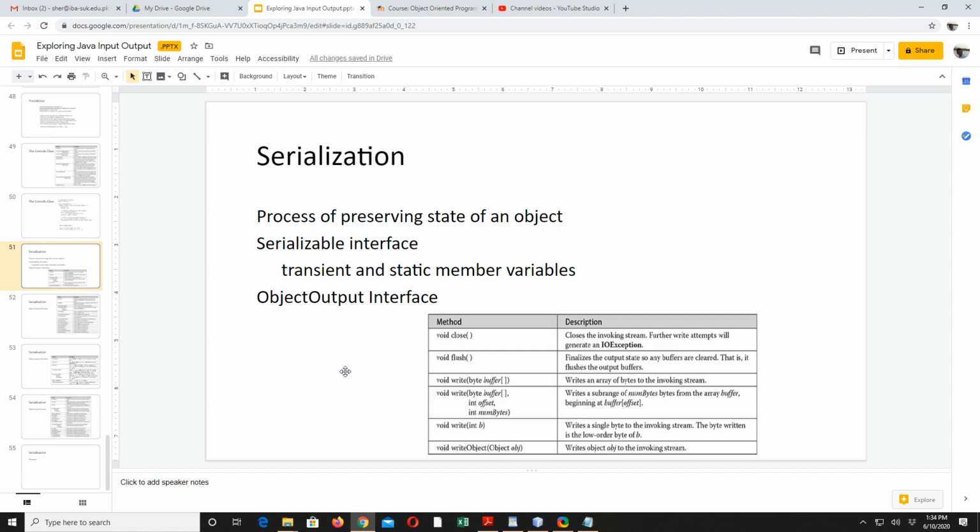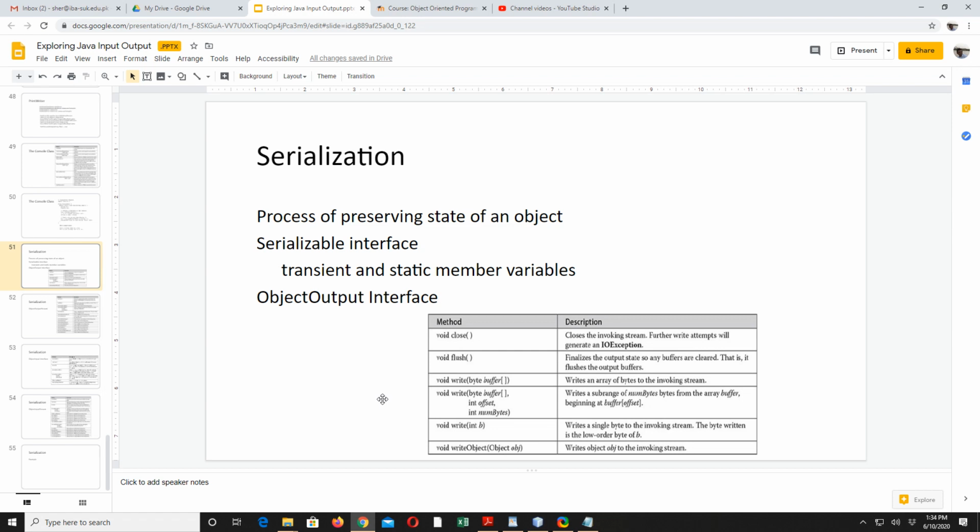So preserving the state of the object is quite handy in a lot of practical applications. That is the reason why Java provides you this facility to store the state of an object and then refer back to it after some time. In simple words, serialization is a process of writing an object to a file. There are actually 5